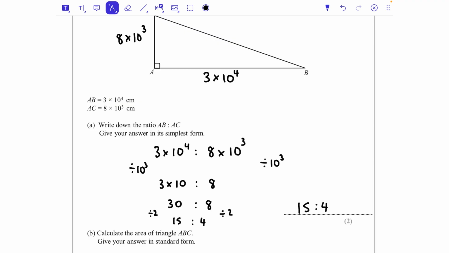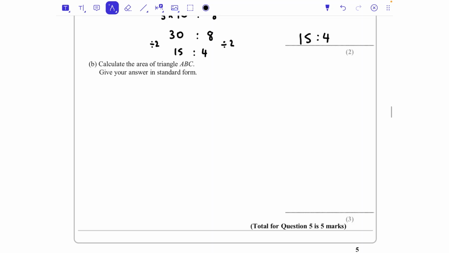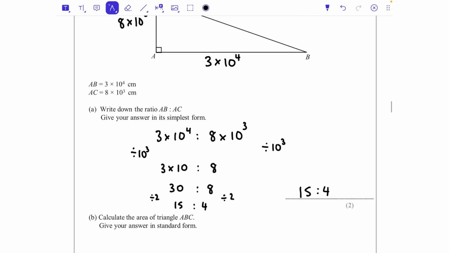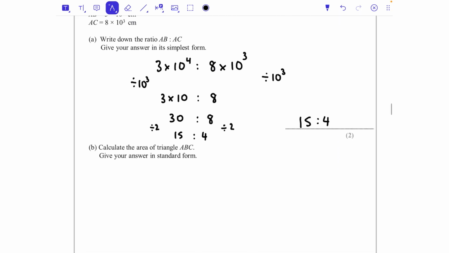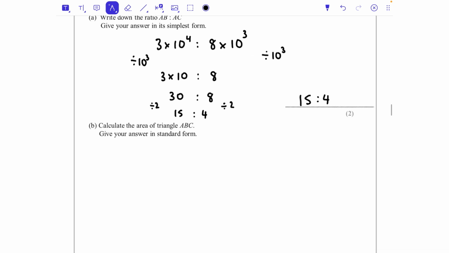Okay, question part B. Calculate the area of the triangle. So area is base times height divided by 2. So I'm going to take the base, which we know is 3 times 10 to the power of 4, times it by 8 times 10 to the power of 3, and then half it. So we've got 3 times 10 to the power of 4 times 8 times 10 to the power of 3,